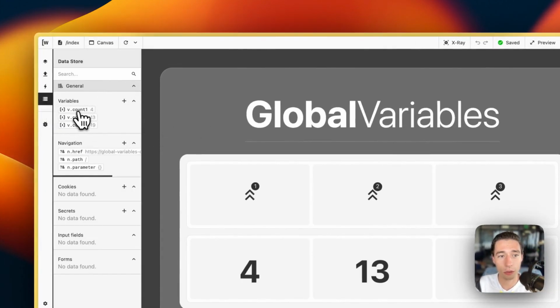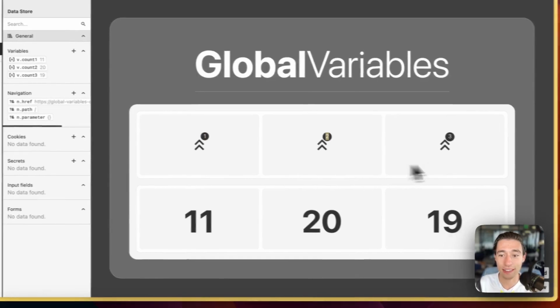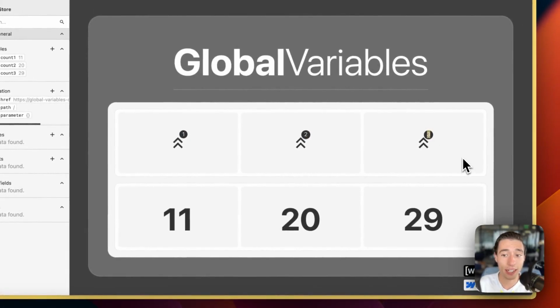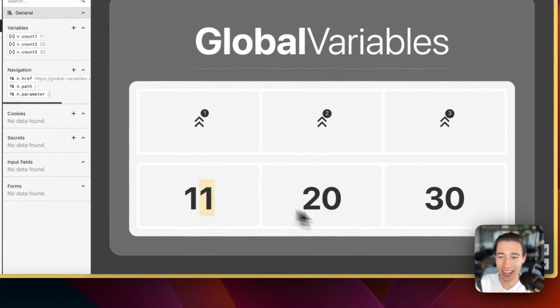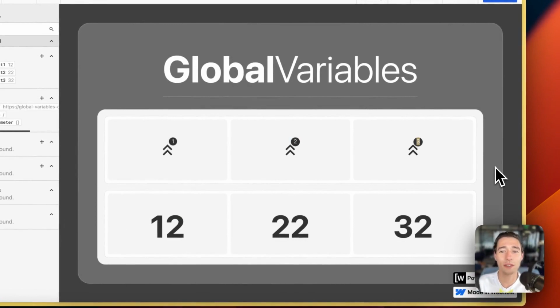I would just have variable 1, variable 2, variable 3. When I count up here, this counts up. When I count up here, this counts up. And when I count up here, this counts up. And now it would be great if this would be 10. That would be so smooth. Okay, better. Wonderful. So I asked the Wized team, and Alex told me, actually, you can do this in